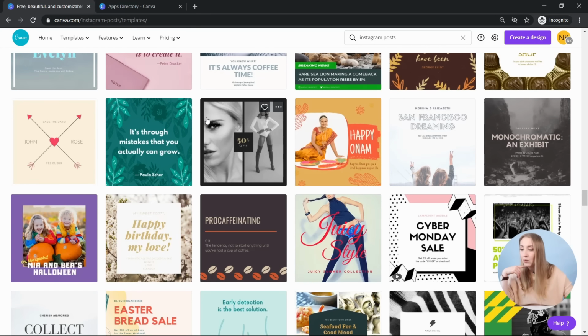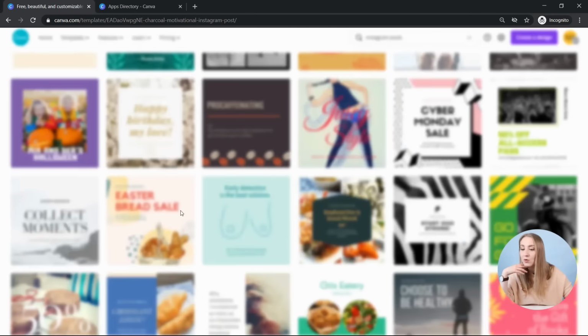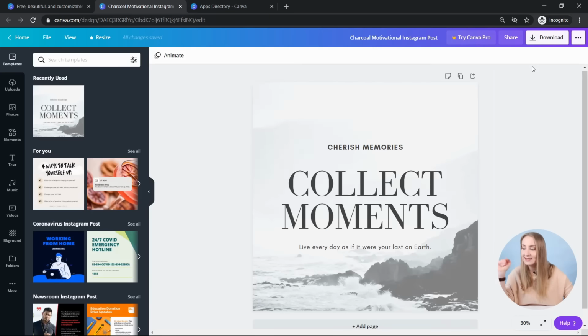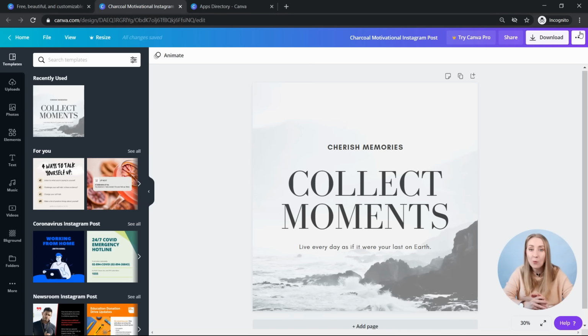So you can have a look at what fits your brand, what matches what you want to create at this moment, and then you just start designing. So let's say I want to pick that particular one, and this is when it takes you to the editor. All right, just like with the homepage, I'll just break it down for you how the editor actually works. So again, it's very intuitive, just like everything else in Canva. But if you have a look at the top panel, you can return to home to any of your designs.